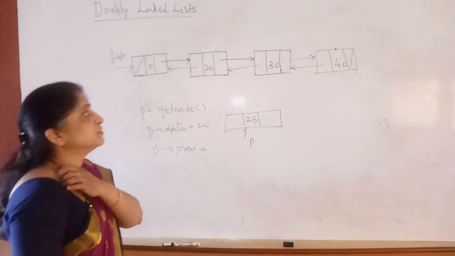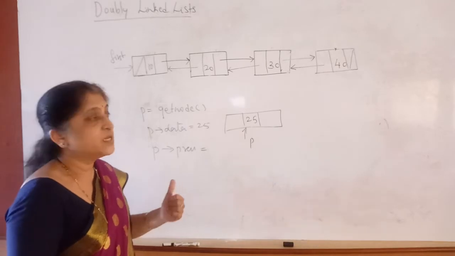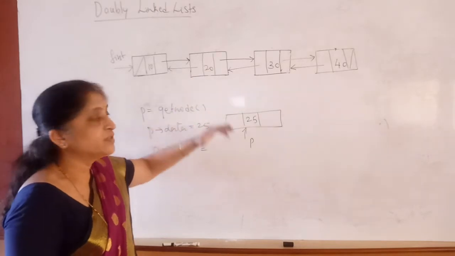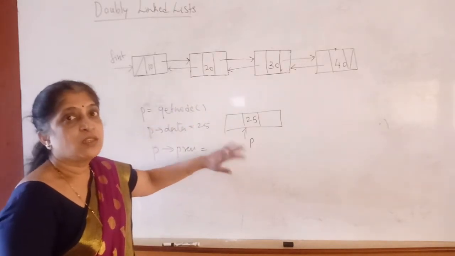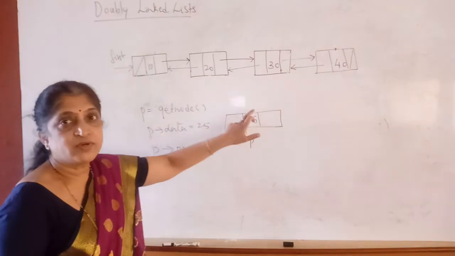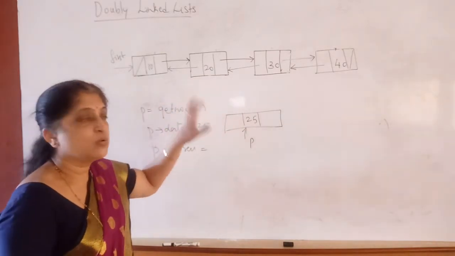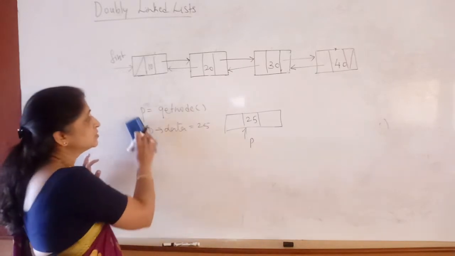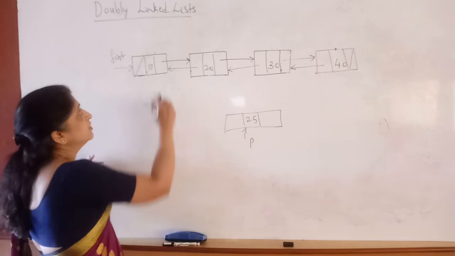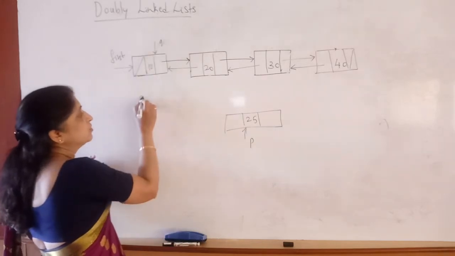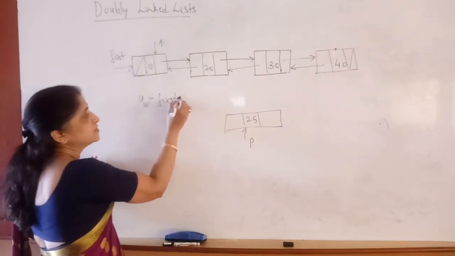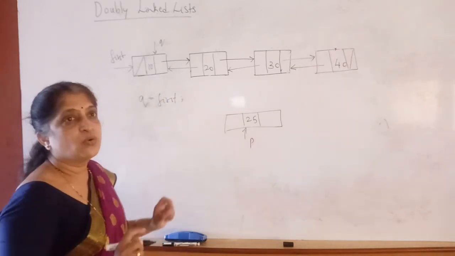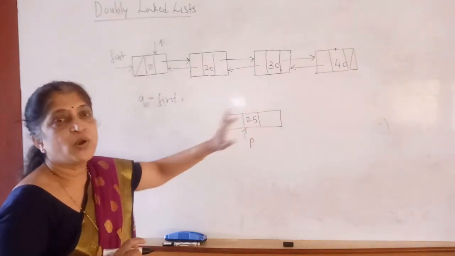For this I should have a pointer which is pointing to 20. Only after that can I insert a node into this. For that we have to traverse the list and get a pointer to the node 20. So directly I cannot write P previous. How do we traverse? Again we have to take some temporary pointer Q. That is, Q is equal to first. I make Q is equal to first. As long as Q data is not equal to 20, I have to go on advancing the pointer.